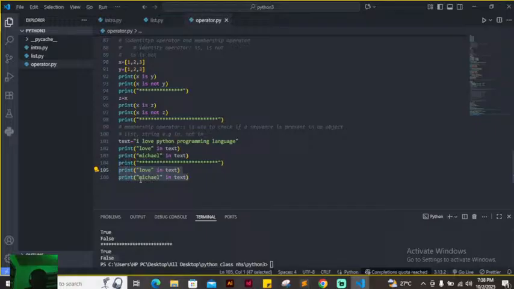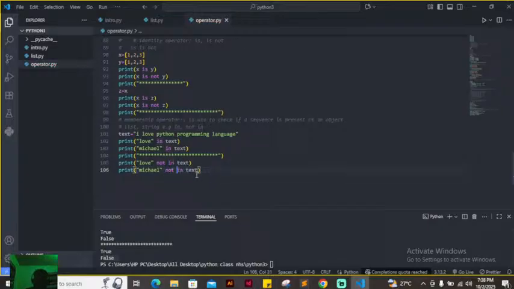this statement, instead of in, I said not what? Not in. So this one should give me false, because in was true before. Not in. This one will give me true because it was what? False before. That's what's going on here. You can see it. This one gave me false because this statement,